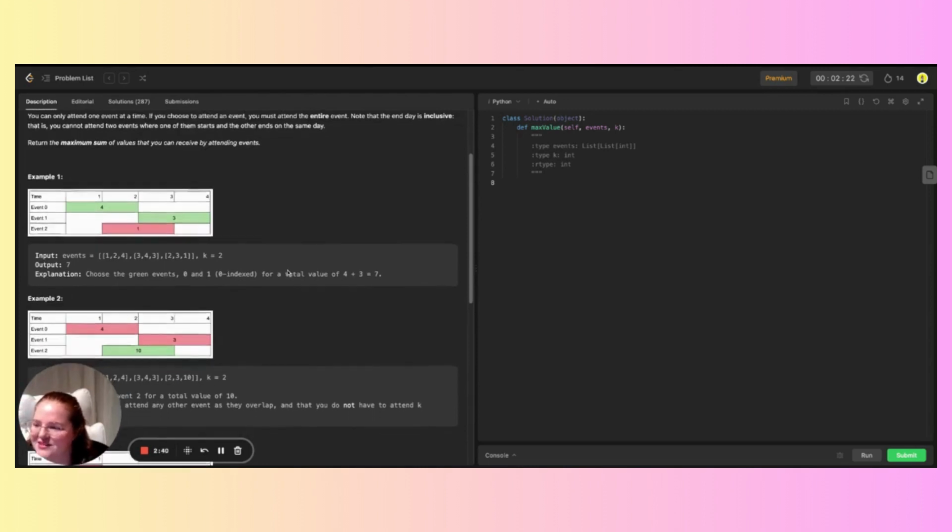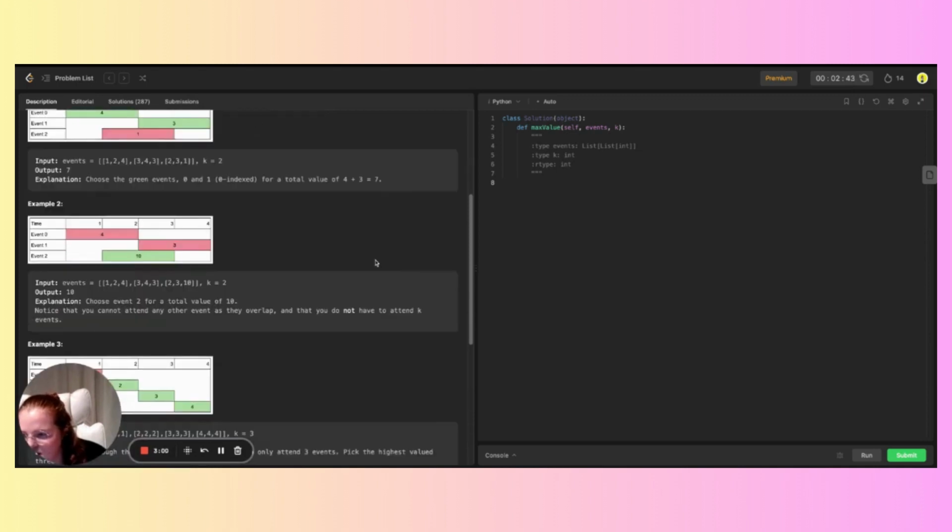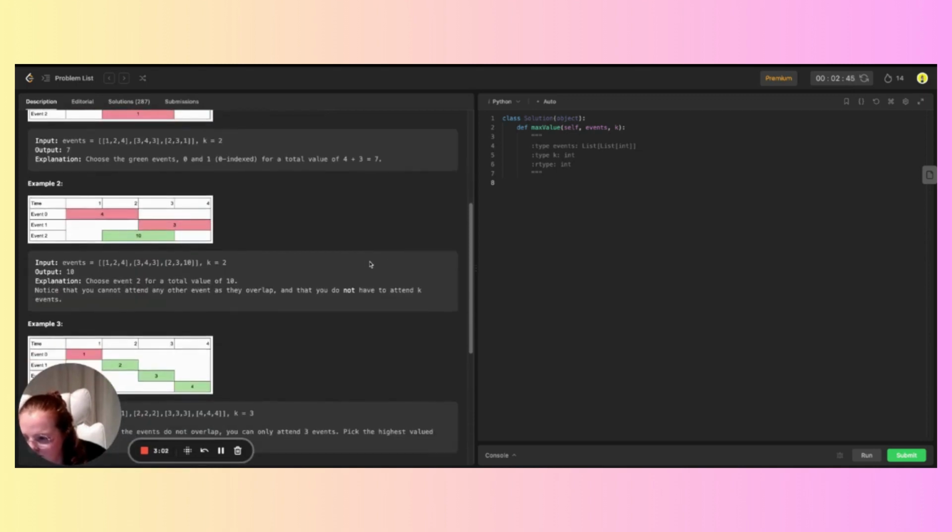Okay. So these are the examples. So I could attend, okay, this is a time. So 1, 2, 3, 4. So assume those are hours. So 2 hours, 2 hours, and 2 hours. I'd be able to attend event 0 and 1. Choose the green events, 0 and 1, for total value. Okay, that makes sense. Choose 2 for the total value of 10. Notice you cannot attend any other,